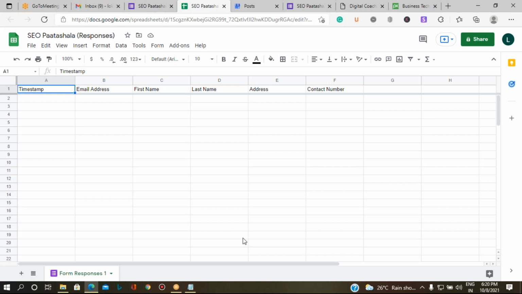So this is how you can create a form for different scenarios, for different concepts. You can create different Google Forms and connect those forms to the post on whichever platform it could be, either Instagram, Facebook, YouTube, wherever you want, you can use this feature.